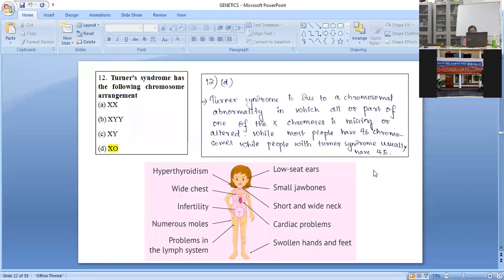While most people have 46 chromosomes, people with Turner syndrome have 45. What are the expressions? That particular female might have hyperthyroidism, a widely spaced chest, infertility, numerous moles over the body, low or small jawbones, short and wide necks, cardiac issues, all kinds of physiological problems might result from this particular